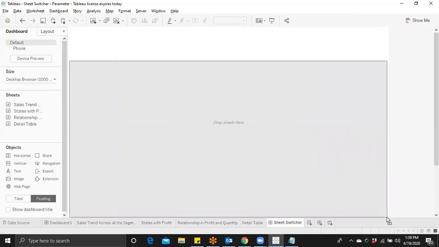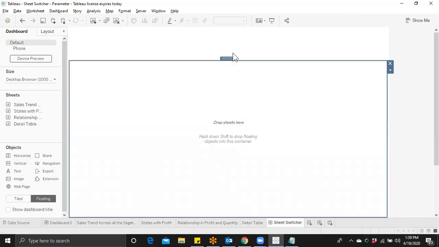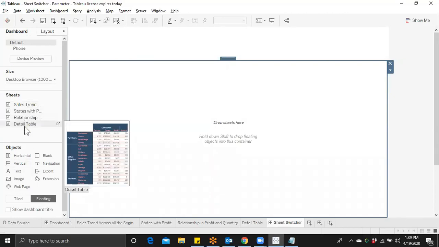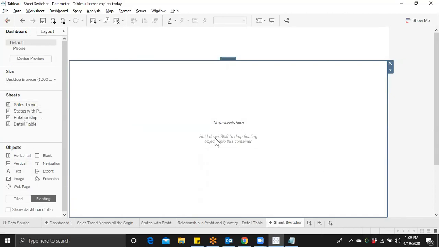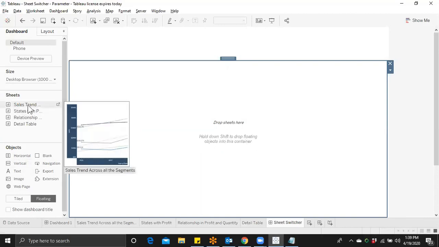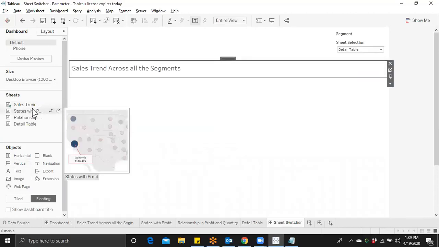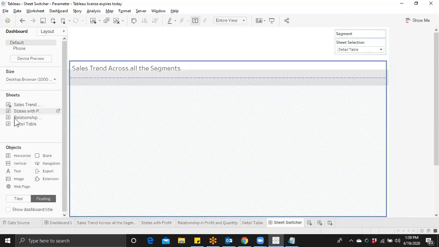I am giving enough space to this. Okay, now what you have to do is, by holding the shift key, as you can see, hold down shift to draw a floating object. By holding the shift key, you will keep on dragging all your sheets one by one here only.